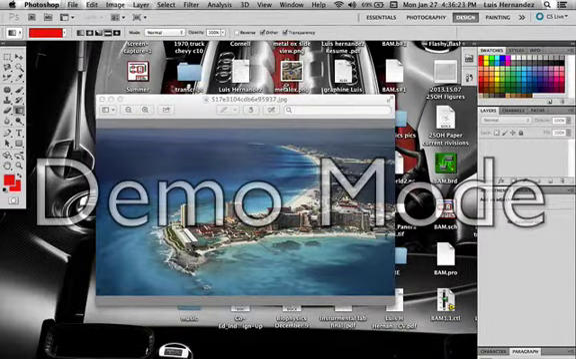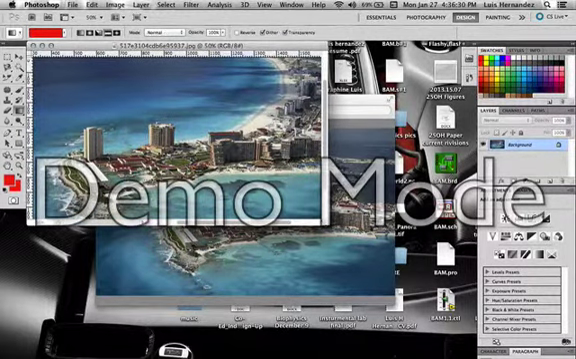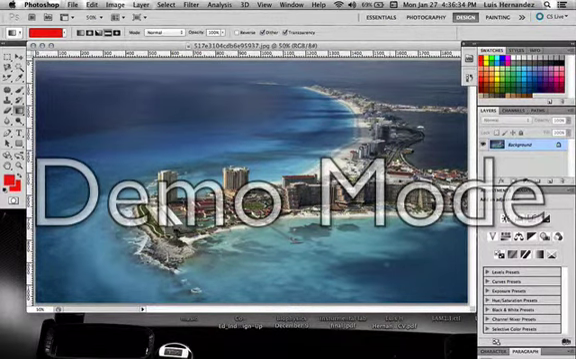File, open up the picture. Here's the same picture. Let's make it big so we can see everything. Kablamo, there it is, beautiful Cancun. First thing we want to do is the quick mask. Select that